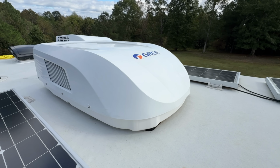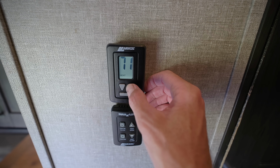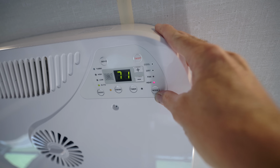So starting off, first on our list is something that I think really shines in the fall when the temperatures can be hot one day and cold the next day, and it's having a heat pump on the RV. This is one of those things that I didn't give a whole lot of thought about, and then once we had one, I never wanted to go with an RV without a heat pump because it's perfect for this time of year. Or maybe you don't want to fire up the furnace because it's really not that cold inside the RV, but the heat pump is kind of a no-brainer. You can flip it on, get that heat going, and take the chill out of the RV